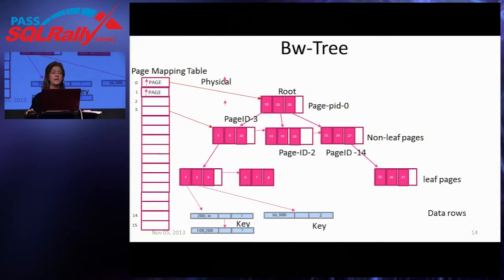So this is a BW tree, and page 0 is the root. Where is that actually in memory? Well, the value in location 0 here says where that page is in memory. So here's the root. The root points to 3 pages, one that has an upper limit of the value 10, another that has an upper limit of 20, and another that has an upper limit of 28 at this point. And then that's the second level of the index. At the second level, each index page again has pointers to pages at the level below, but I'm not showing you everything because the slide would get way too crowded. Down at this level is the leaf level of the index.